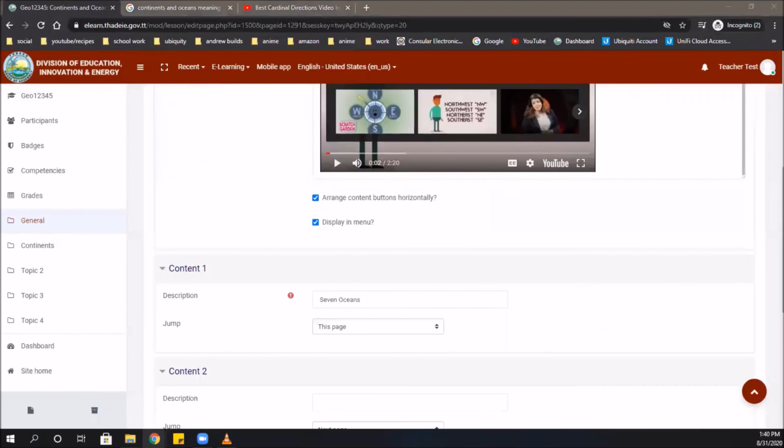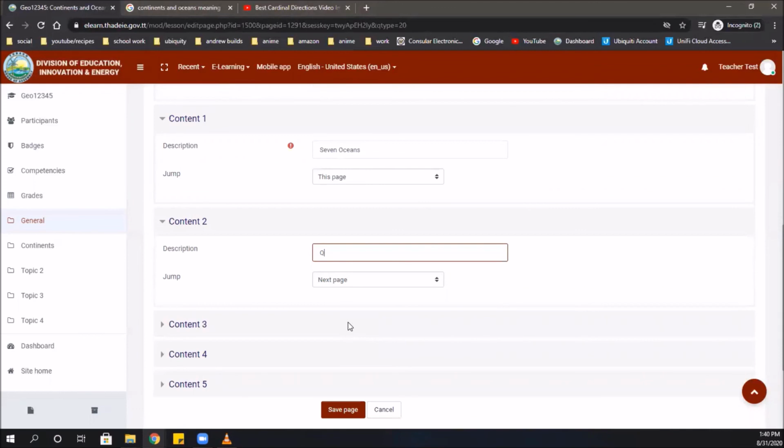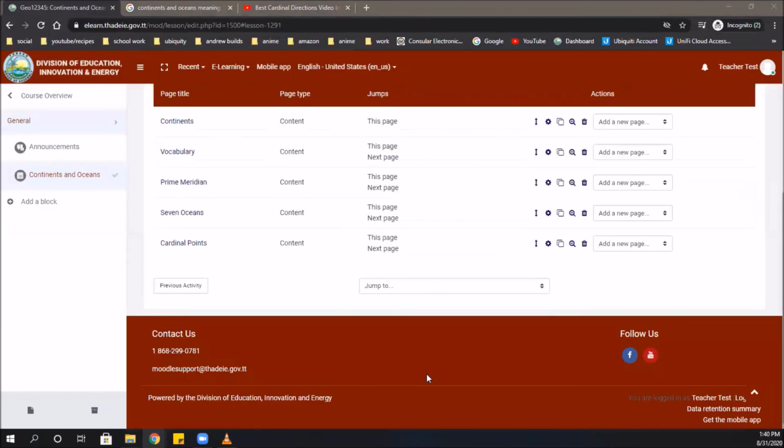And our next page will be question or questions page. Right, so you see our lesson is coming along very fine. Now to add a question page, we're going to click on add a content page, not a content, but add a question page. When you click on the question option,